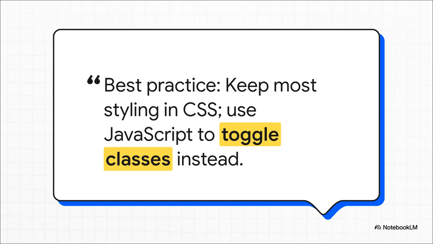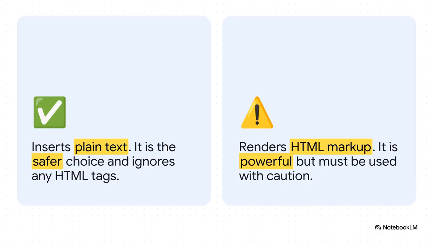Then just use JavaScript to toggle class names on and off. Why? It just keeps your code so much cleaner. JavaScript handles the what, the logic, and CSS handles the how it looks. It's a beautiful separation. Now, when it's time to change what an element actually says, we have two main tools,